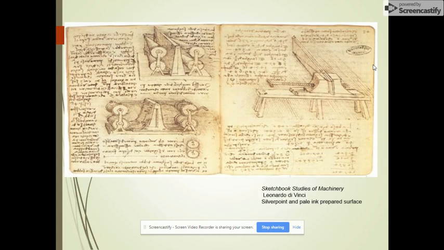Really similar are the sketchbooks of Leonardo da Vinci. Here you can see his text accompanied with his drawings as well. Many of us are aware that Da Vinci was an inventor as well as a painter. He was a botanist. He was very interested in human anatomy. So he was sort of one of those jack of all trades. Now, interestingly enough, many of his inventions today don't get